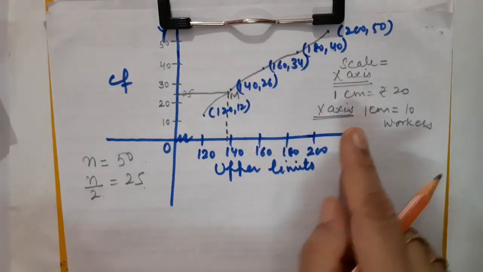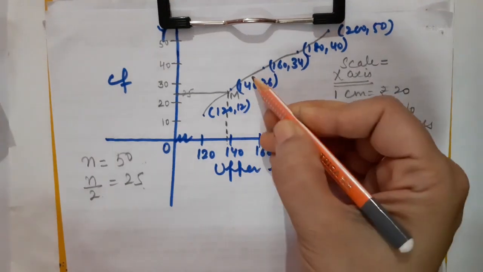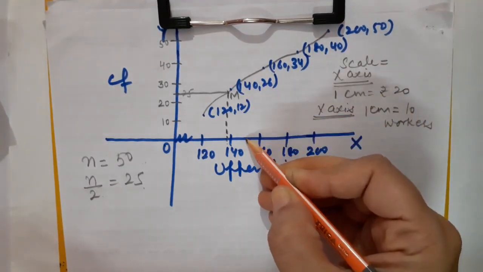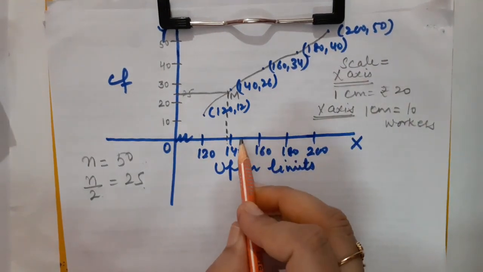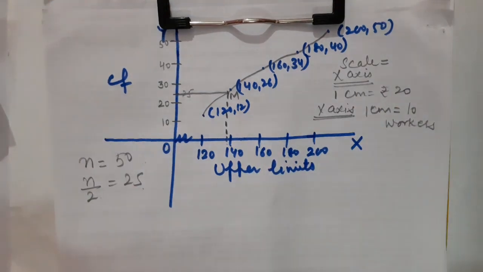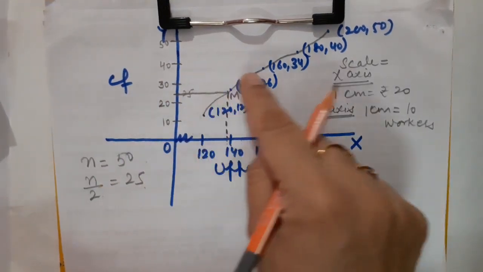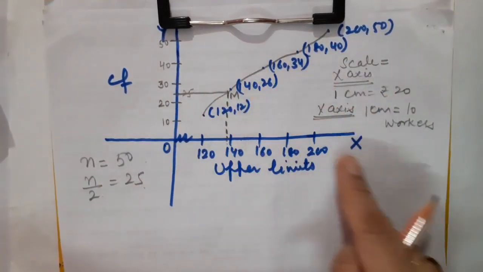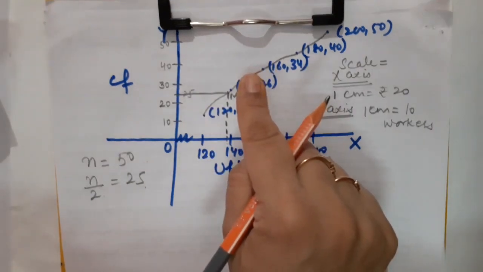Okay. Then where both the ogives intersect each other, you just draw a perpendicular line from that point of intersection on the x-axis, and that very point would be considered as the median of the question. Got it? So whenever in any question you are asked to draw less than ogive as well as more than ogive, fine, then you have to just pick their point of intersection.